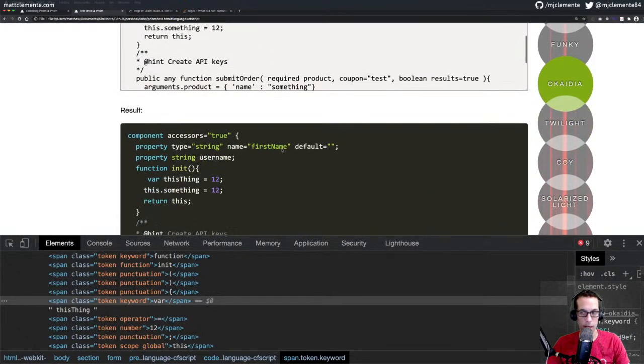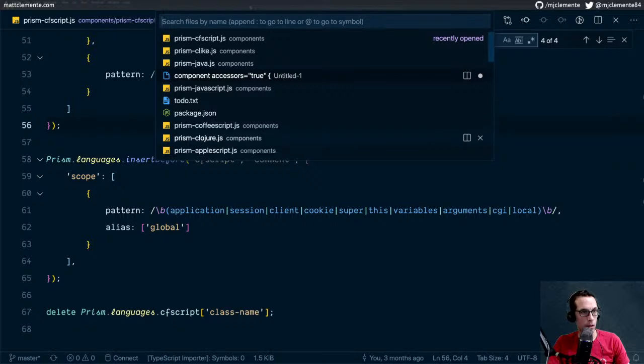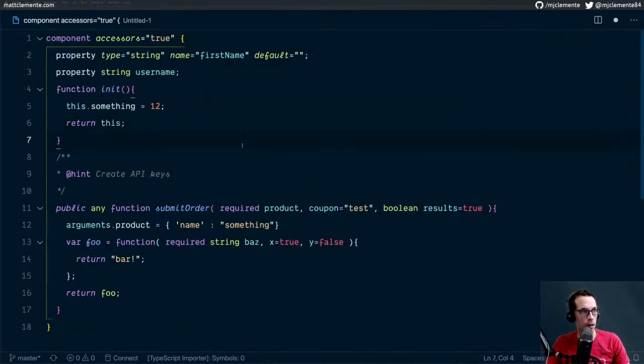We'll jump back to our test block in VS Code, which is here. I had considered wanting to highlight these properties, but as I'm looking at it now, maybe that's